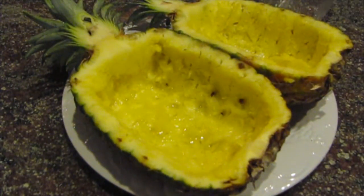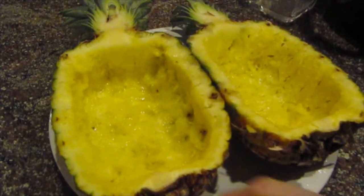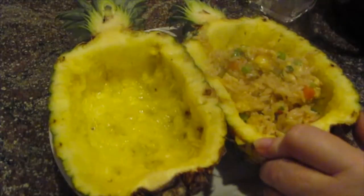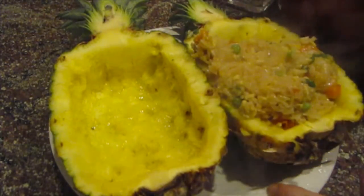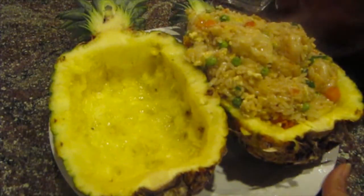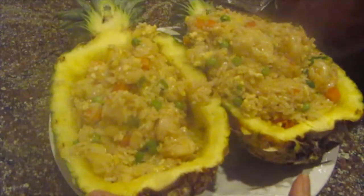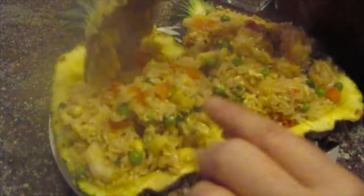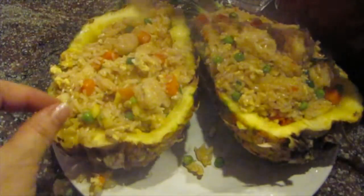And I'm going to get my pot. Over here. All right. And there we go. Look at that. Isn't that so pretty? Look at that. So that is my